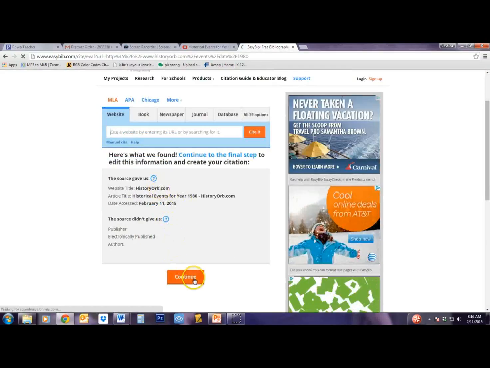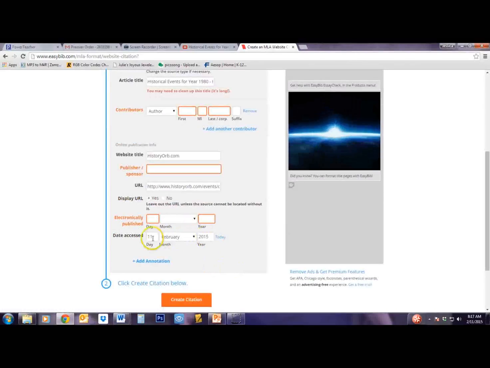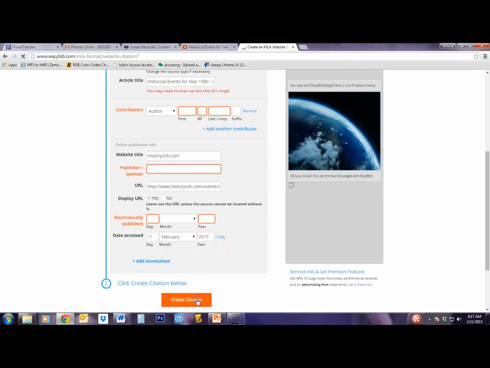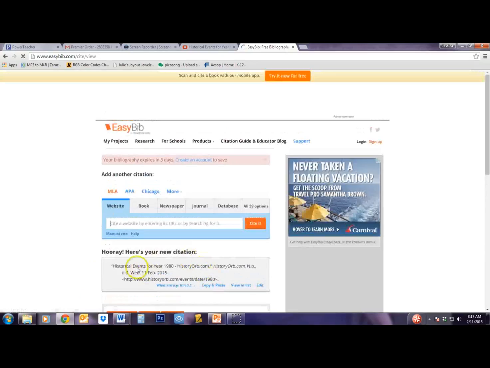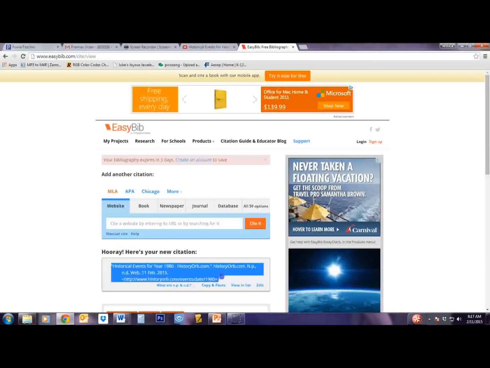So then you're going to click Continue. Make sure that you have date accessed on there, and then create citation. So then here is your citation. You are going to copy this,